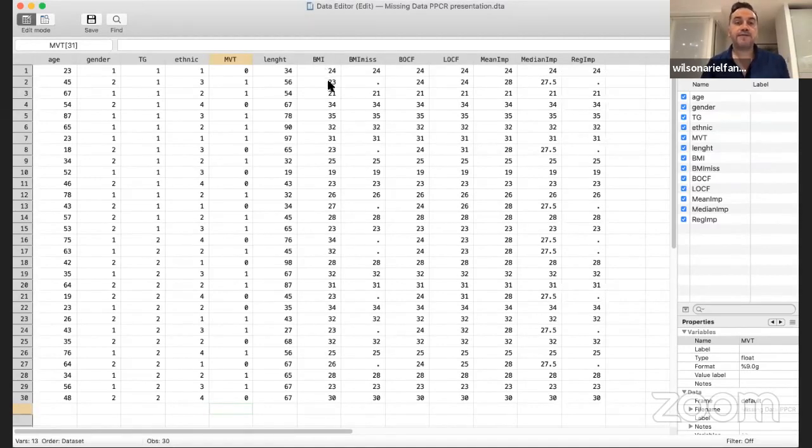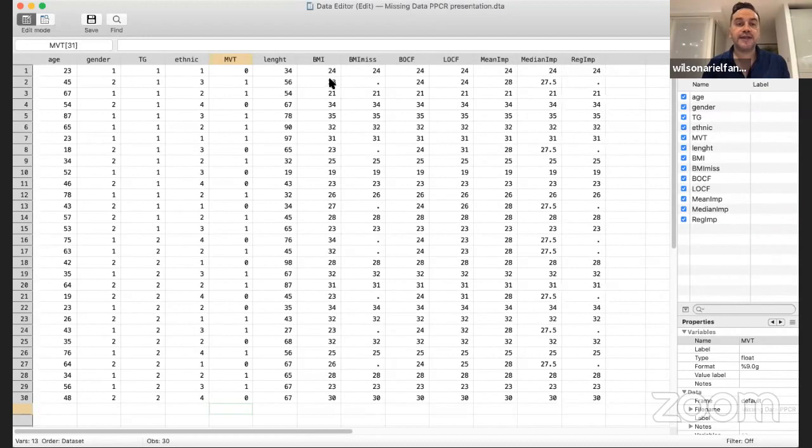This is the BMI of the patient. So again, here, and then I just decide to imagine that this is the complete case analysis. I mean, imagine that this is the ideal clinical trial with no missing data. Okay, so what I'm going to do now is just